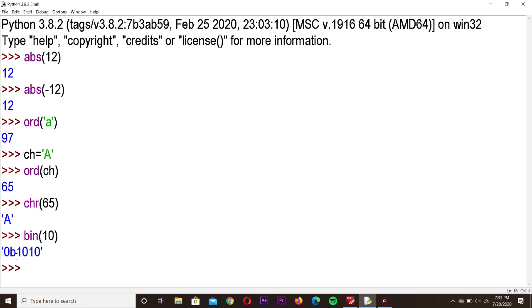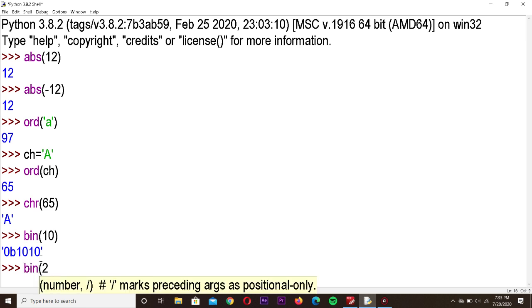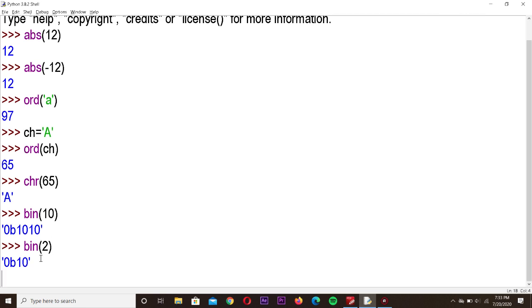So 0b1010, the corresponding binary value for the number 10 is 1010. Whatever we are entering inside will be taken as the decimal number, and the corresponding binary will be displayed. Suppose I am entering bin of 2. You know very well, for 2 it is 10, so it will display 10.